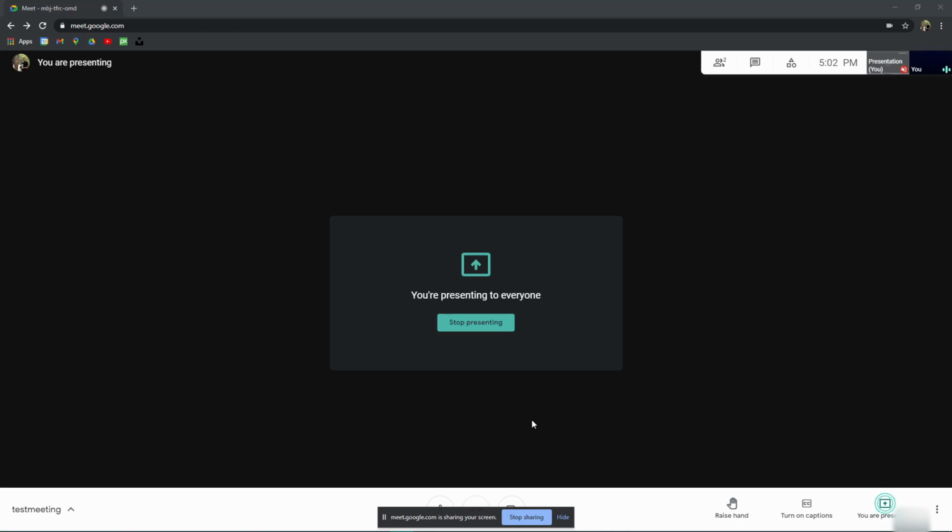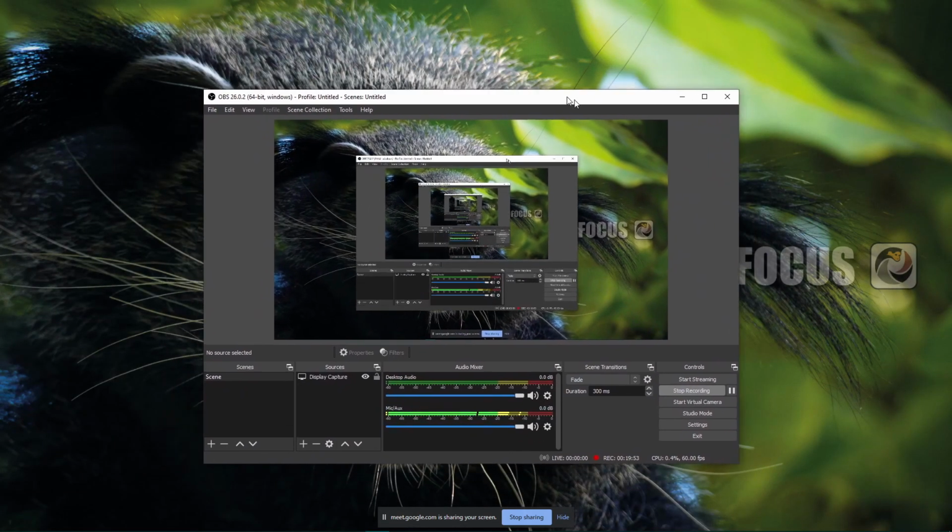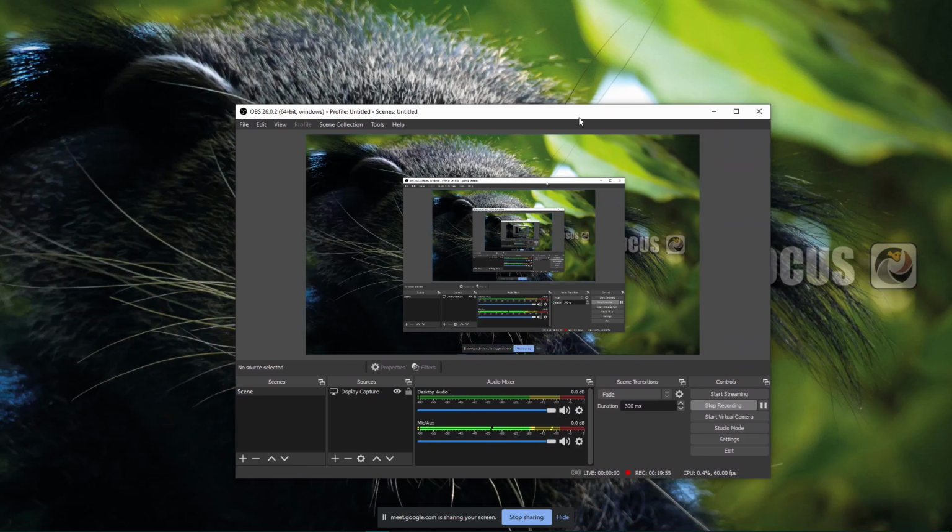So now it says I'm presenting to anybody. My screen is different because, of course, if I saw what I was seeing, then it would look like this, right? It would be the screen inception thing. So you're presenting your own screen, which is presenting your own screen, which is presenting your own screen, and so on